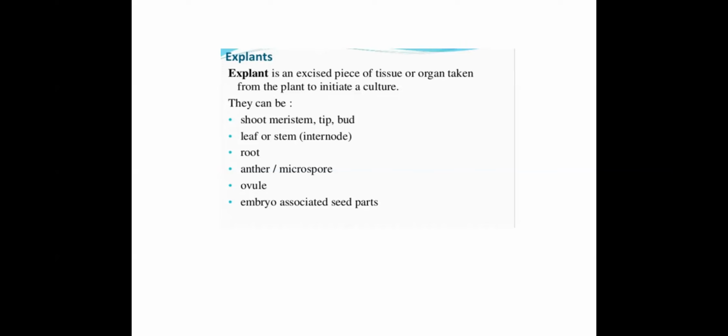Okay, so every part of the plant which has a meristematic tissue can be used as an explant. A meristematic tissue is more preferred because it gives quicker results. So every part of the plant which possesses meristematic tissue is the preferred choice as an explant, but even otherwise, other parts can also be used as an explant. So basically, an explant is any excised tissue.